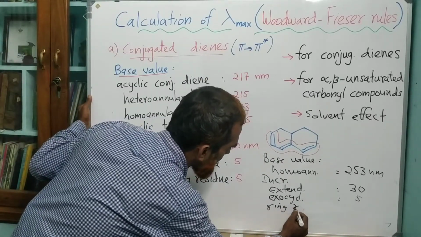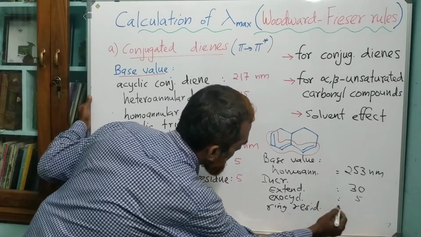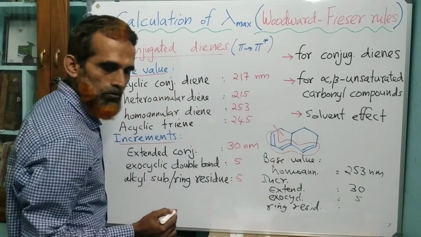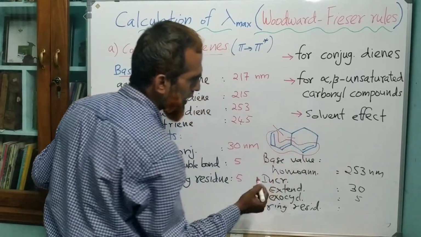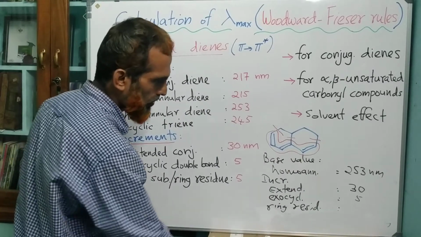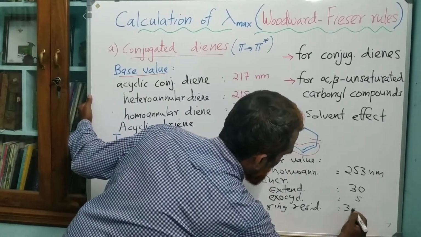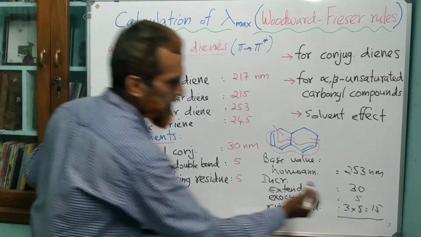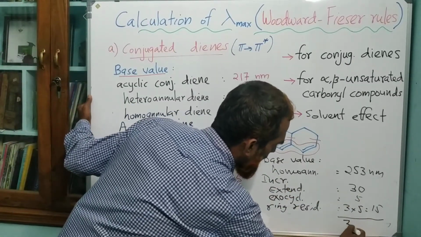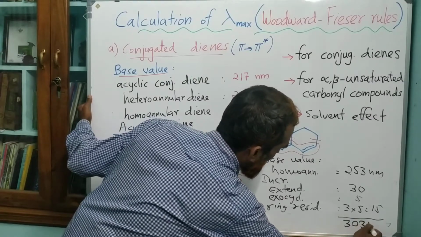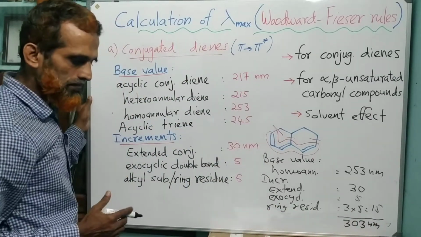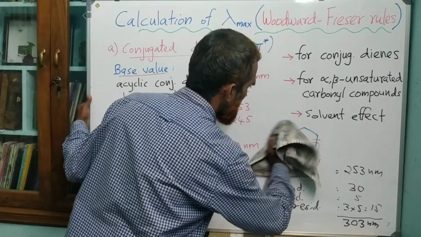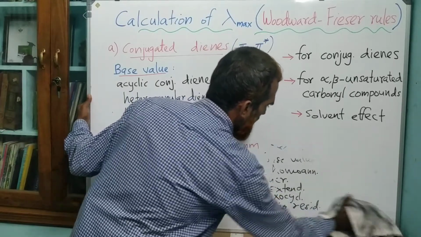Finally, ring residue. How many ring residues are there? Yes, let us check. Taking the whole system, this is one ring residue like a substituent, second one, third one, that's all. So there are 3. Again, 3 into 5 equal 15. What about the total value? 253 plus 30 plus 5 plus 15, it is 303. 303 nanometer is the lambda max for this diene. Okay, so that's about calculation of lambda max of